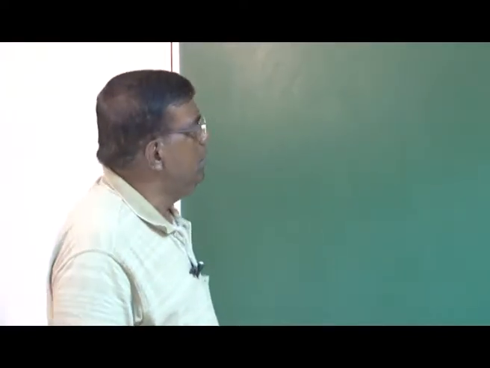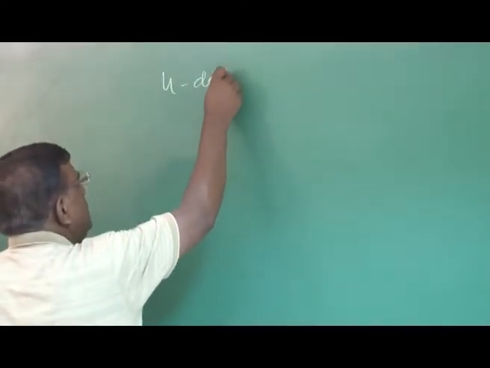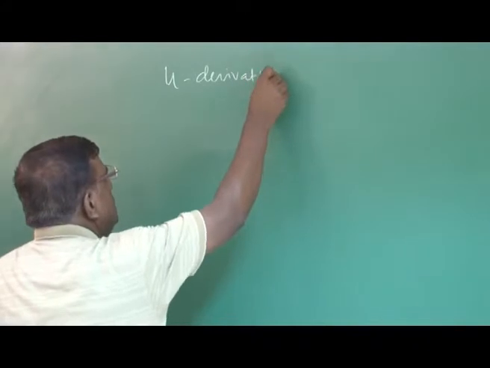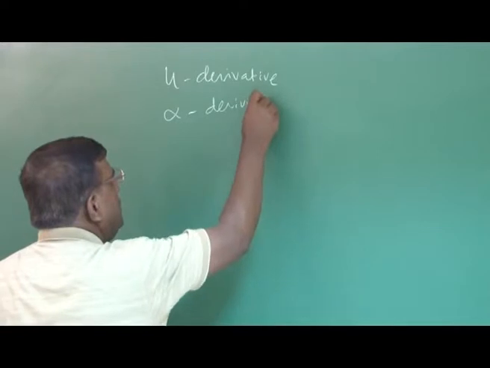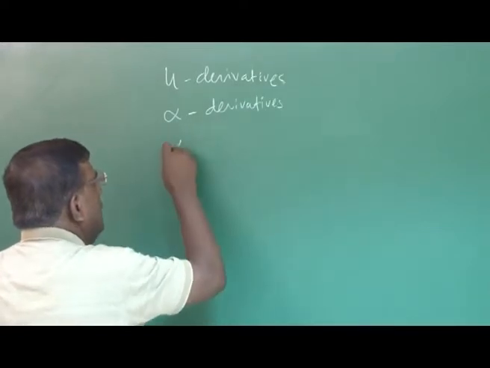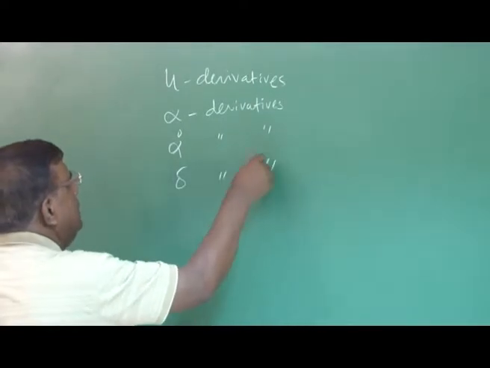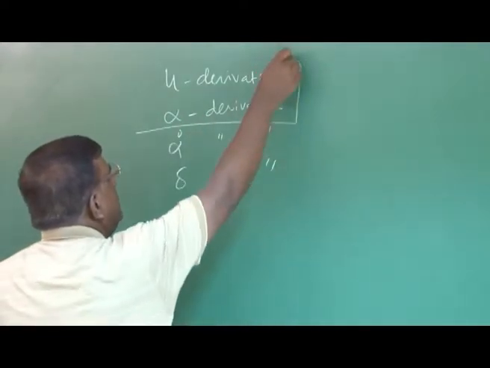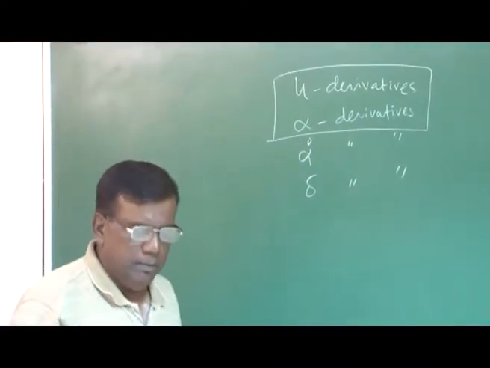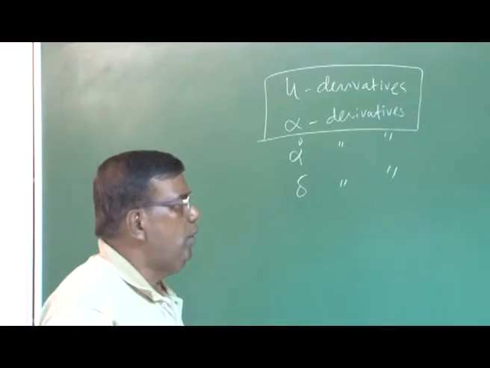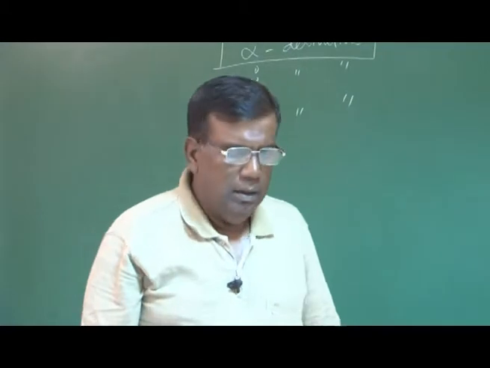So, if you recall, we had u derivatives, we have alpha derivatives, and then alpha dot derivatives, then delta derivatives. We have completed up to this. Today we will be discussing the alpha dot derivative, right? What is this alpha dot and why is it important? Please understand,